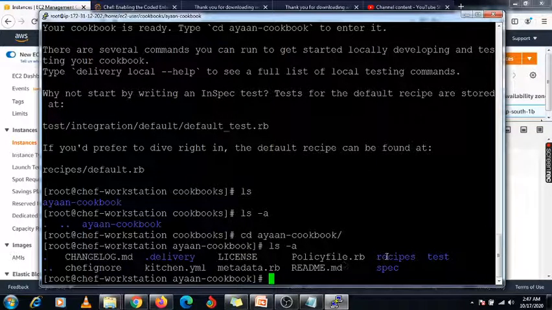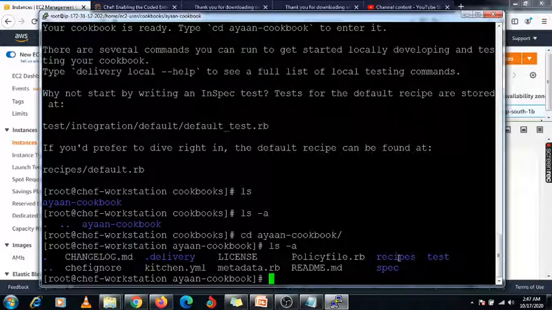This is the directory, that is the recipes. So inside that recipes we are creating some recipes, because we are creating recipes inside the cookbooks, right? Now we are going to use one command, that is the tree command.